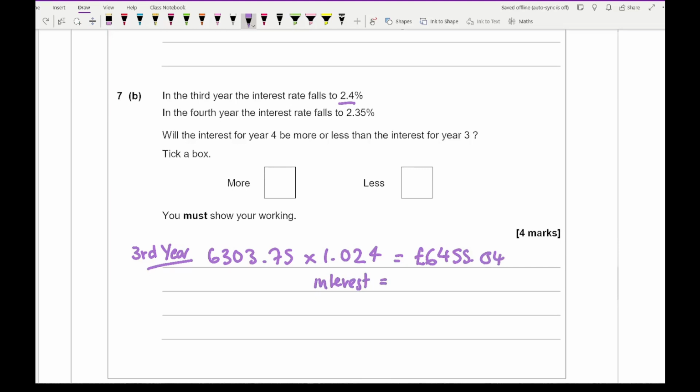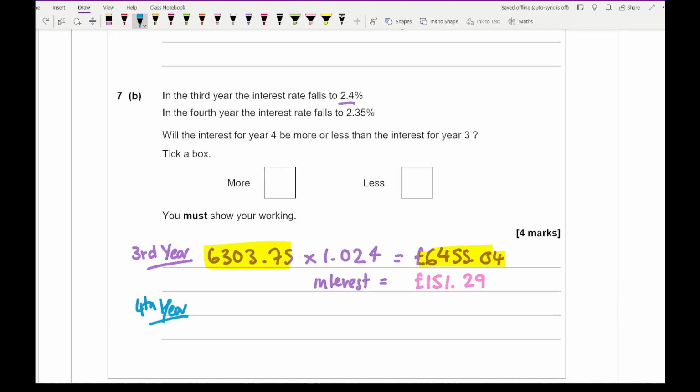From this, I can then work out what the interest amount is going to be, and I do that by taking away this answer from what I had before. If I take those two numbers away, I get an answer of £151 and 29 pence. So that's how much interest I accumulated in that third year. I then need to repeat the process for the fourth year,